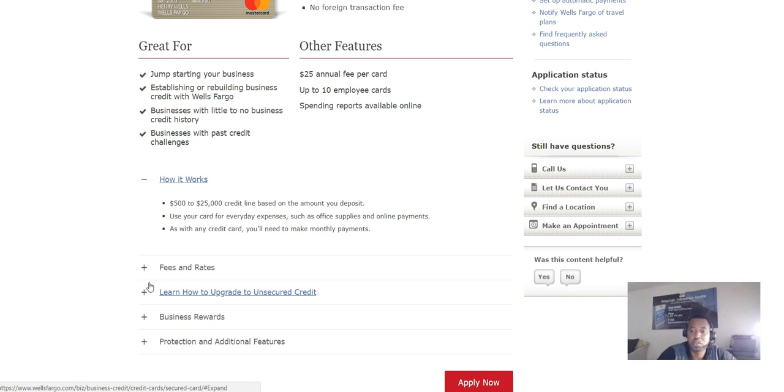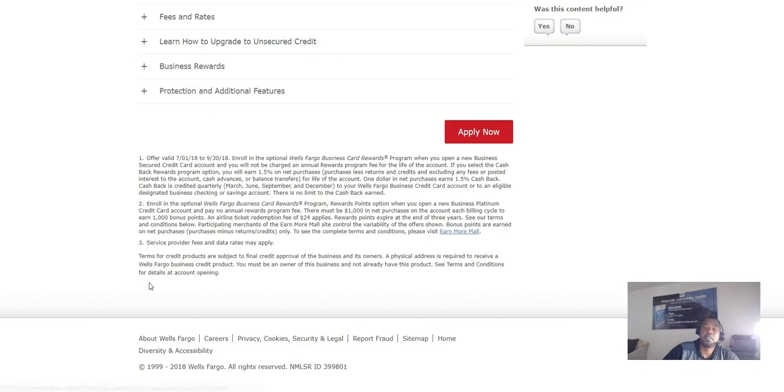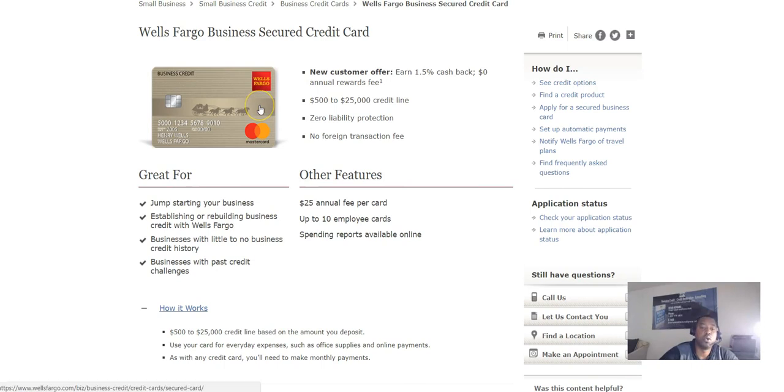It does require a personal credit check. It will be a hard inquiry on your personal credit report, but the account does report to your business Experian credit report. So in order for it to report to your business Experian, you must make sure you have a profile set up with Experian prior to getting this card if you want to make sure it reports. That's something we have to discuss in another video as far as setting up your Experian